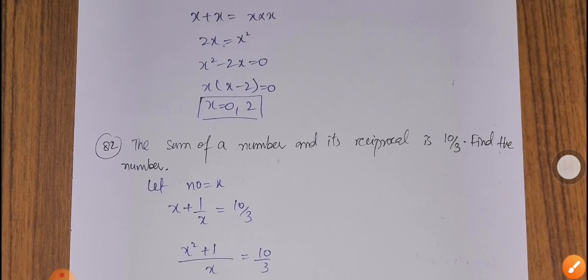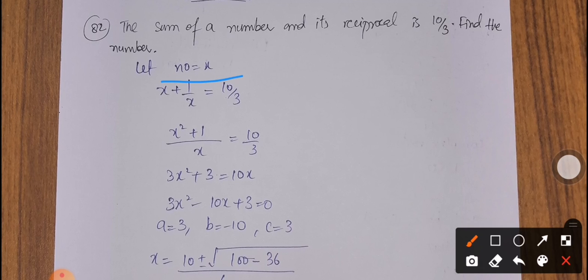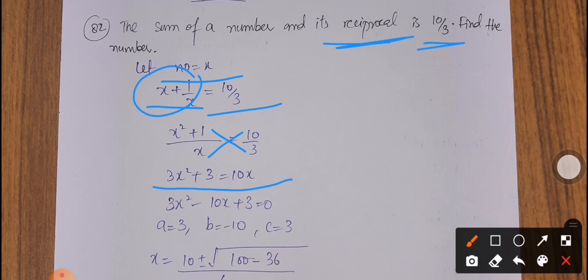Then we have question number 82. The sum of a number and its reciprocal is 10 by 3. Find the number. So let's suppose the number is x. So clearly its reciprocal is going to be 1 by x, and their sum is x plus 1 by x, which is equal to 10 by 3. So we will take the LCM first. x square plus 1 over x is equal to 10 by 3. Then we will cross multiply the two expressions, so that we get 3x square plus 3 is equal to 10x,